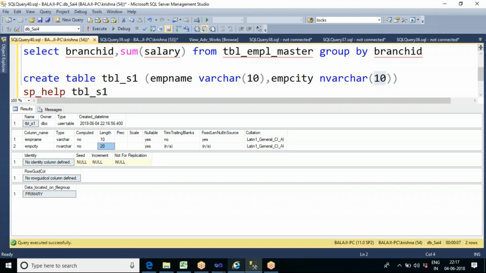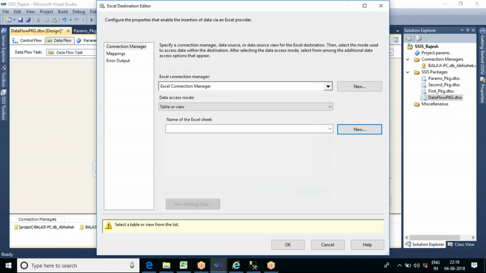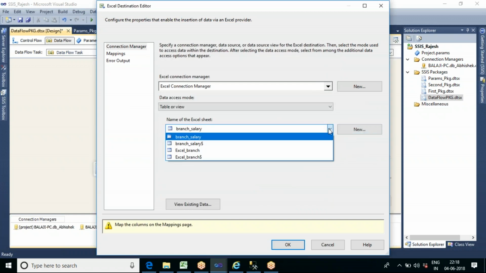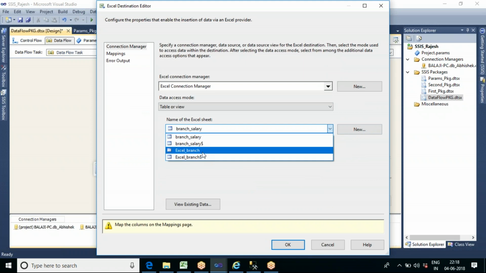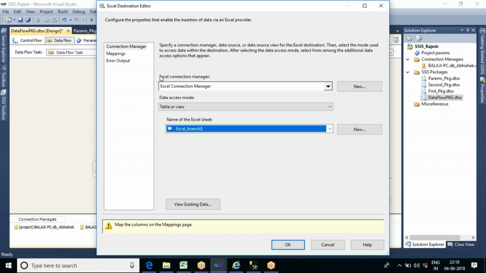So similarly here also, if you are storing the data in an Excel file, let us say I'm giving the table name as Excel underscore branch. So it has taken 2 copies now. Like in nvarchar, it is giving a multiple, so like that here also it is creating one more copy of the cell. So this will contain the Unicode format of data. Dollar version will contain the Unicode format.